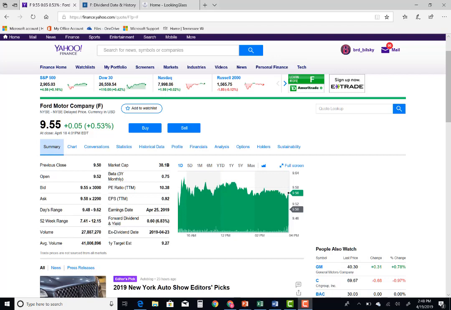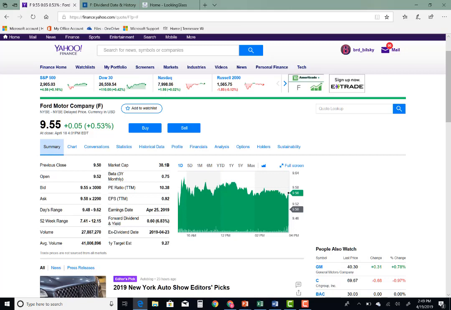So I went to Yahoo Finance. This is one of the sites we've looked at in class a couple times before. I typed in Ford Motor Company. Just right up here where you have the search for news and symbols, you can put the company's name. It'll give you a drop-down list. And the first screen you're going to go to is the summary screen for that company. So notice right now Ford is trading at